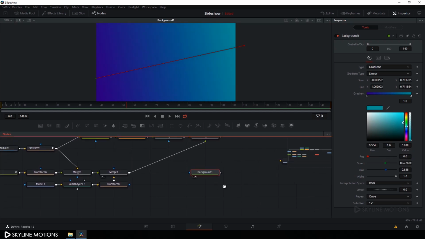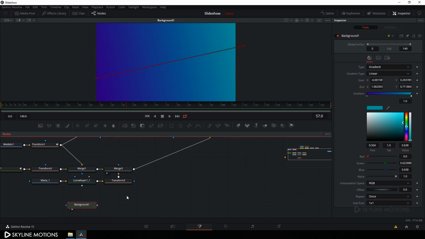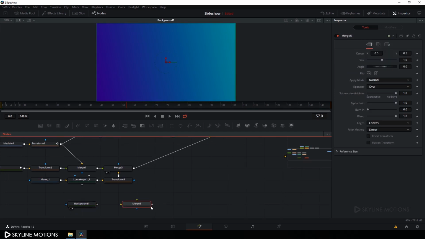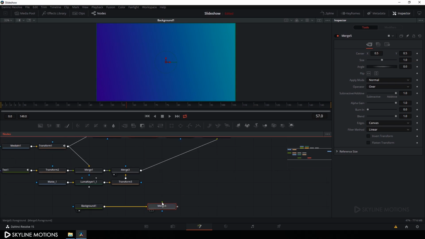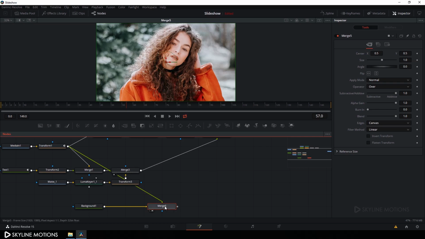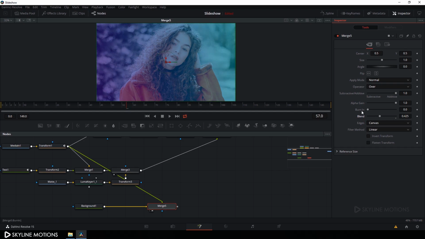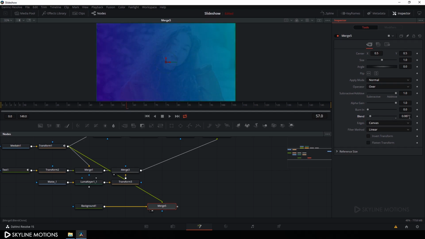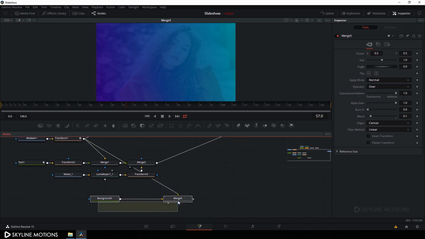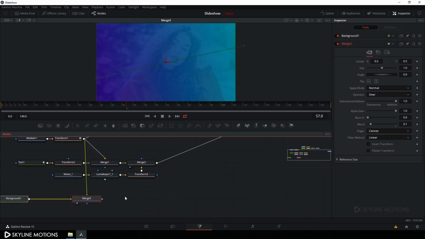All right, and now place it over here and take a merge node and connect this yellow background point with this background and connect this green foreground point to the output of this transform 1 and drag this merge 5 to the viewer and select this merge 5 and set this blend value. So now we get this type of output here. So set this blend value maybe like 0.1 and hit enter. So now we have something like that, and select these both nodes, place them over here